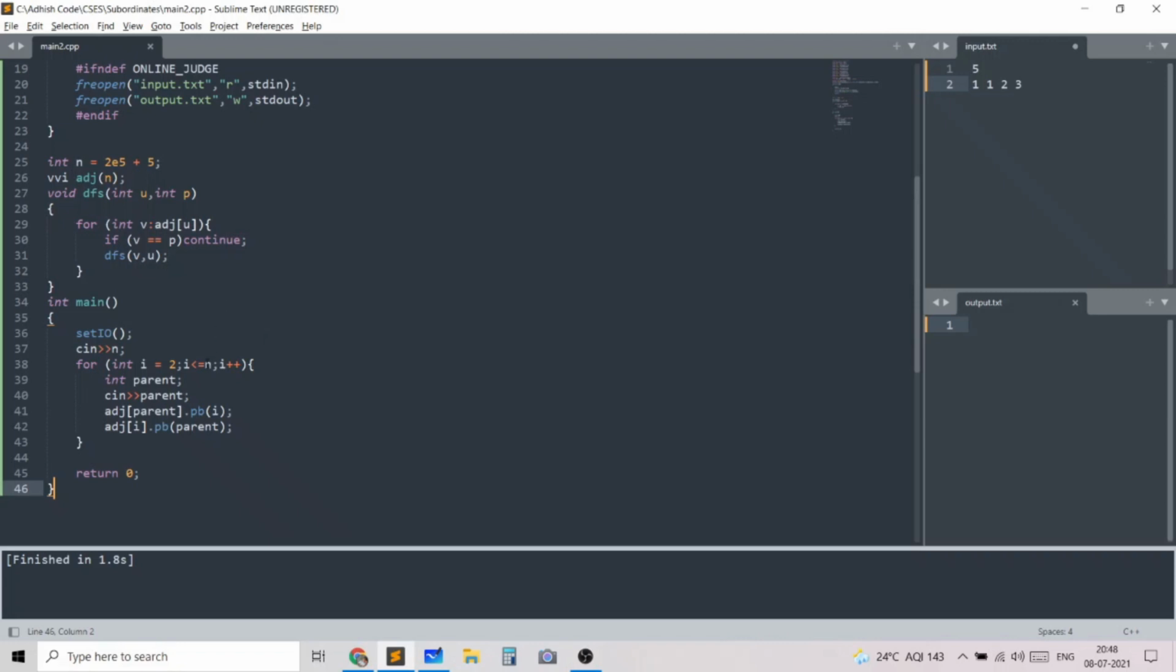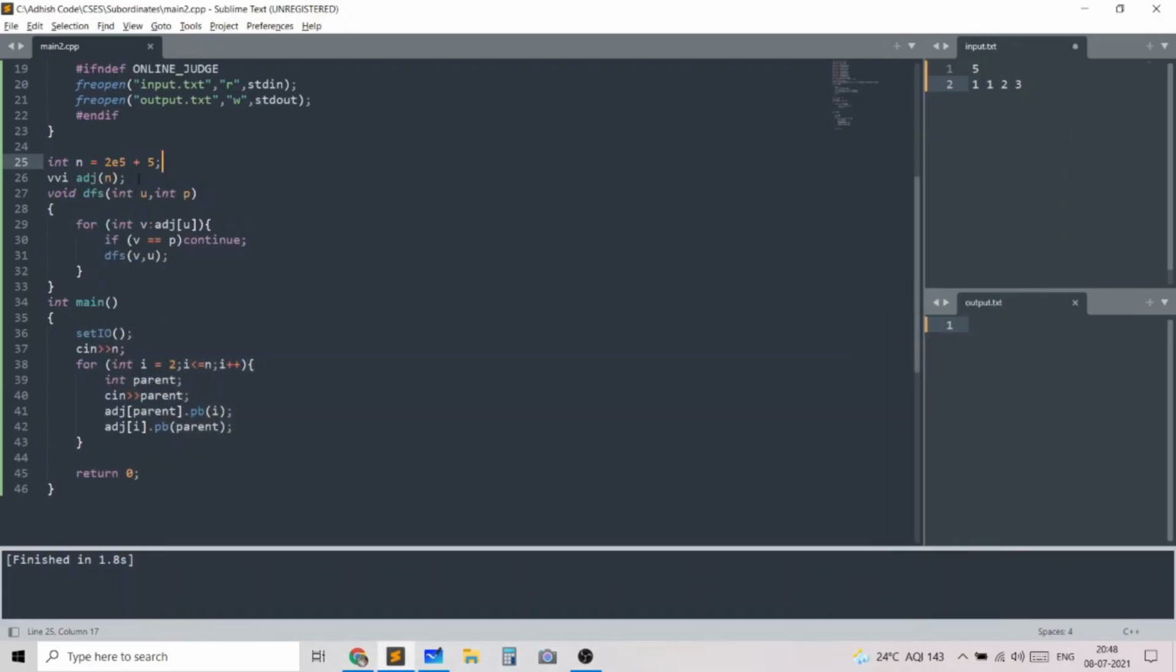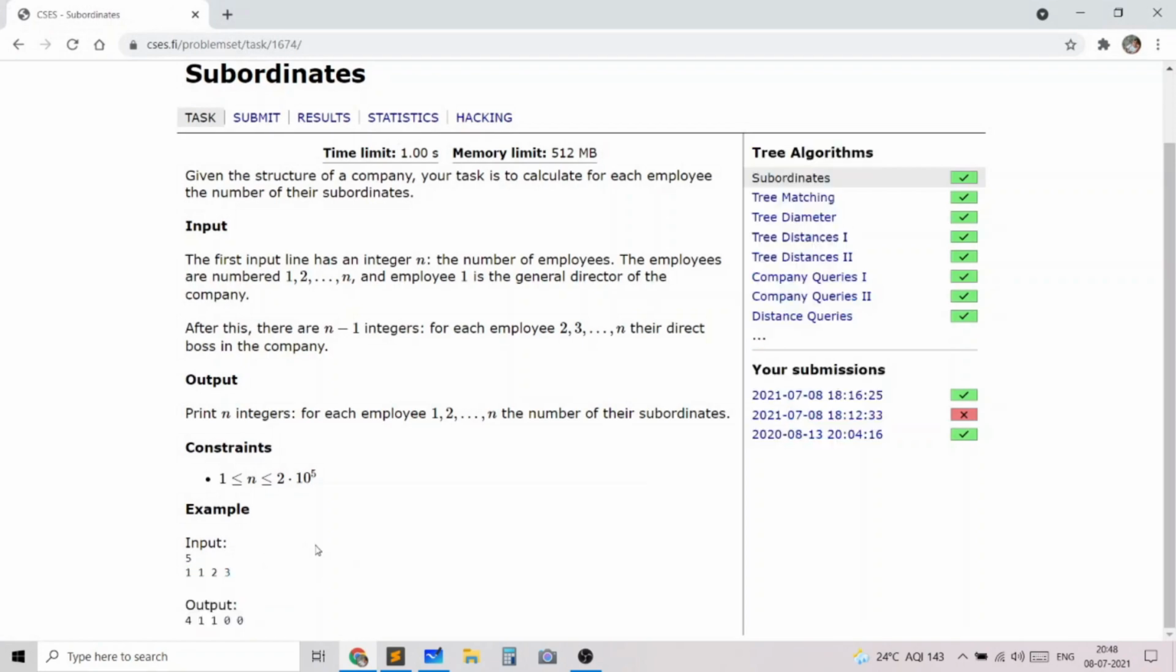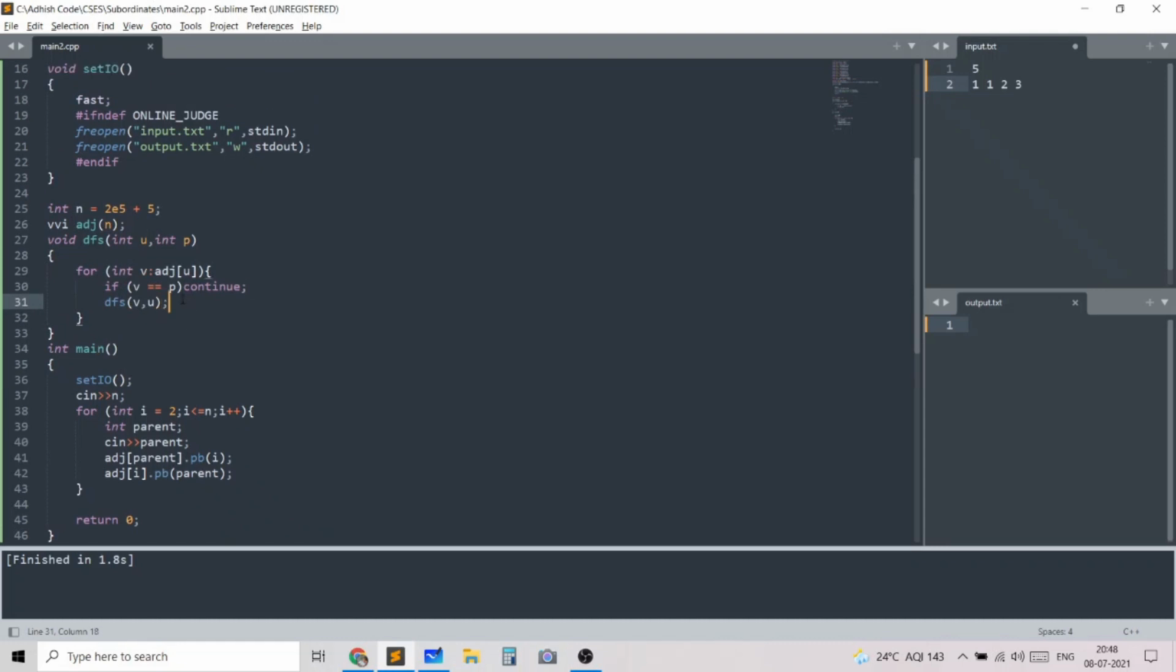So in the implementation of DP on trees, you should always keep an n which represents the maximum number of nodes in the tree. You should have the adjacency list and you should basically read in the graph in the format which it is given. Then you should have a DFS function. This is the default DFS on trees method. However, for the DP on trees